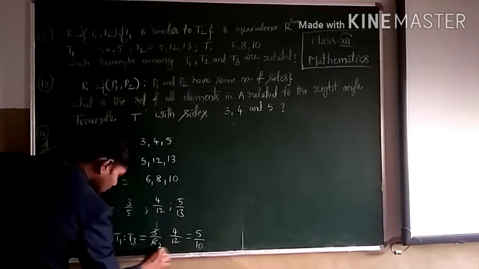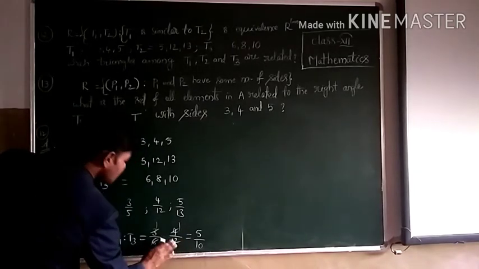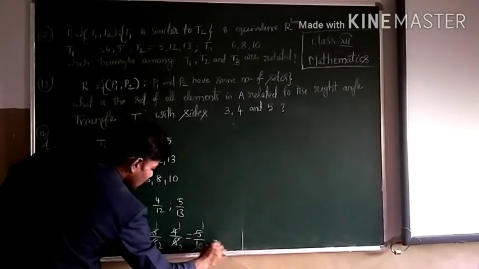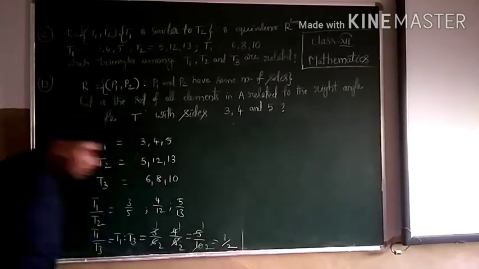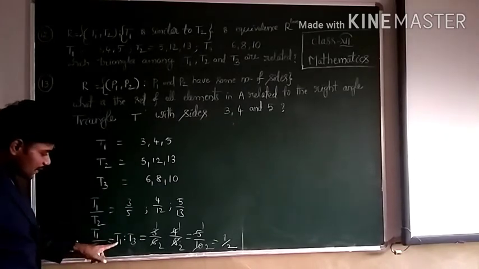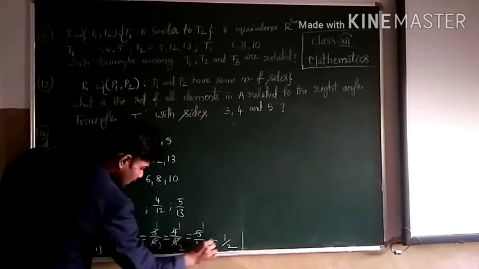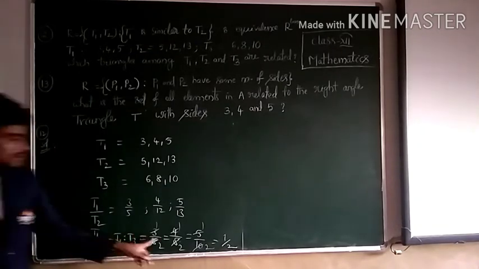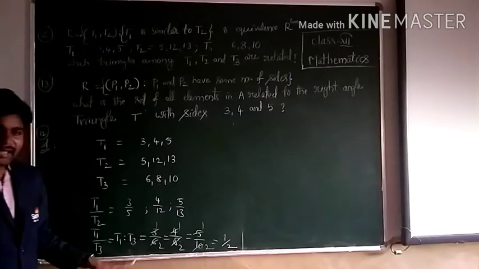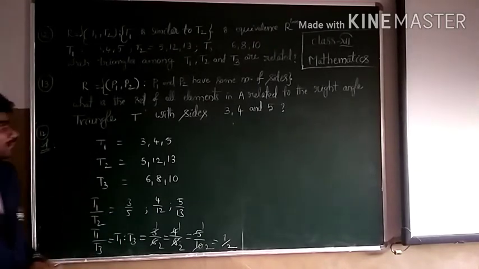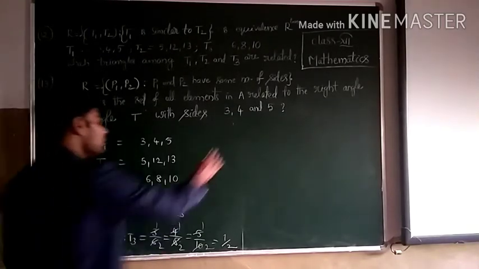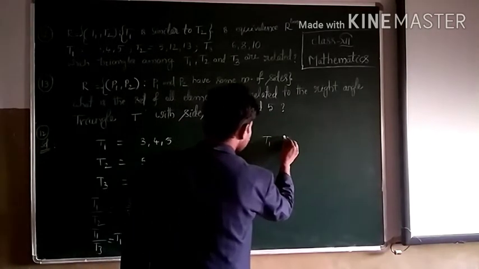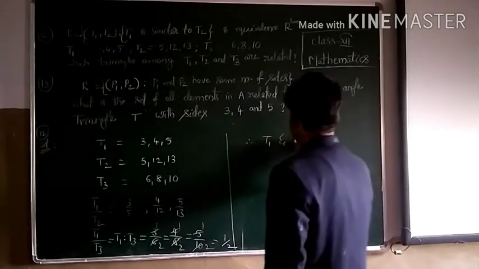Okay, 3 one time, so 2 times, 4 one time, here it is 8, 4 2 times, 5 one times, 5 2 times, so that is equal to 2. So in this, T1 to T3, all the values are equal, right? It means the corresponding sides ratio is equal in which triangles? T1 and T3. So finally we conclude that T1 and T3 are related among these three triangles.